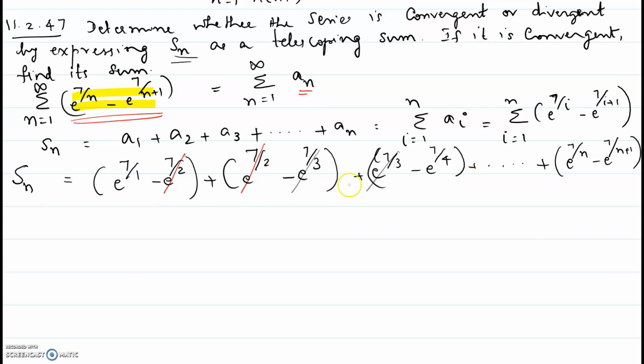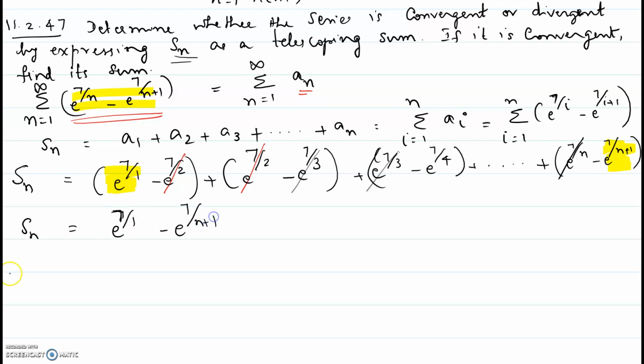So ultimately all the in-between terms are going to cancel out except the first member of the first term and the last member of the last term. So these two are going to remain. The rest of them are all going to cancel out. Okay? So we will have Sn equal to e to the 7 over 1 minus e to the 7 over